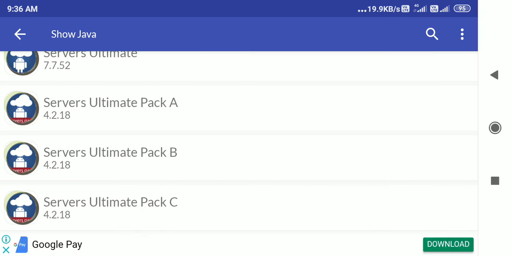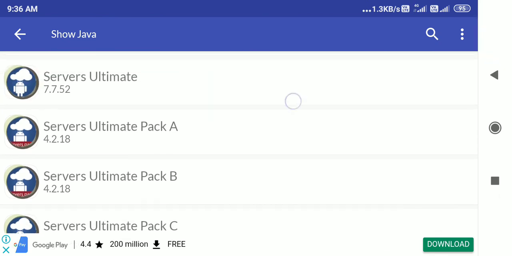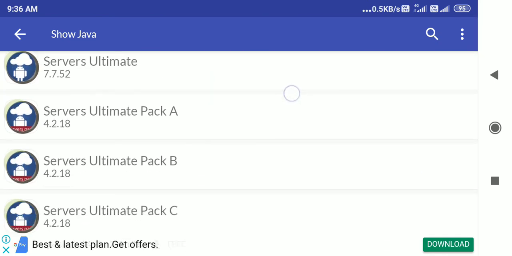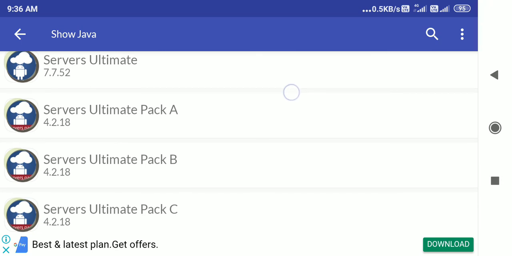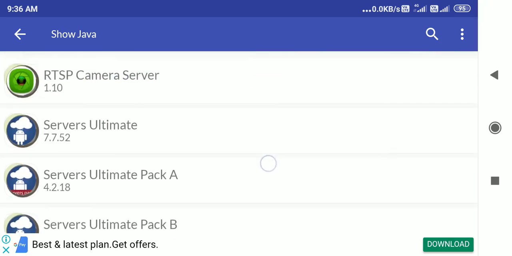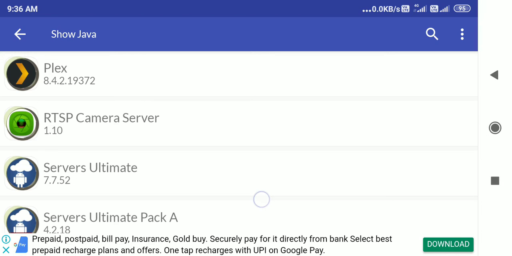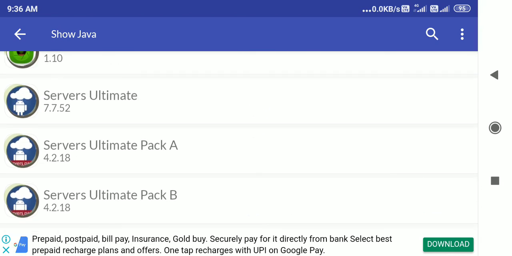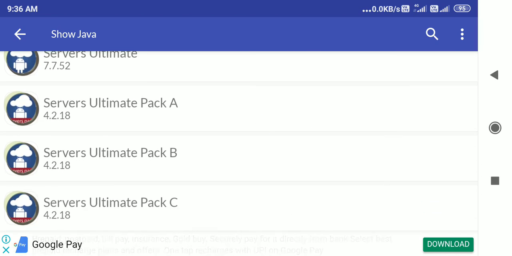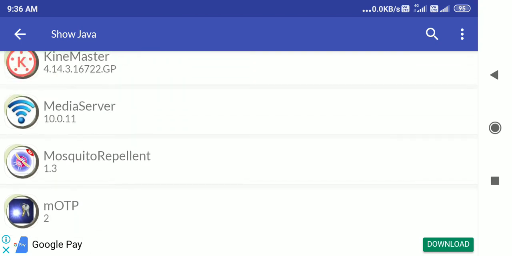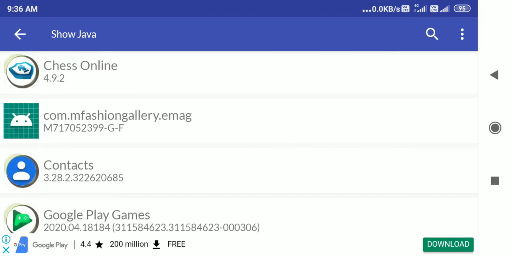Most executables and packages can be decompiled. Why do we want to decompile? Because we want to know what is inside, so that we can use those things to write our own application. Here I gave you an example of how to decode the server's ultimate pack B and know what is inside, so that you can use it for your application.